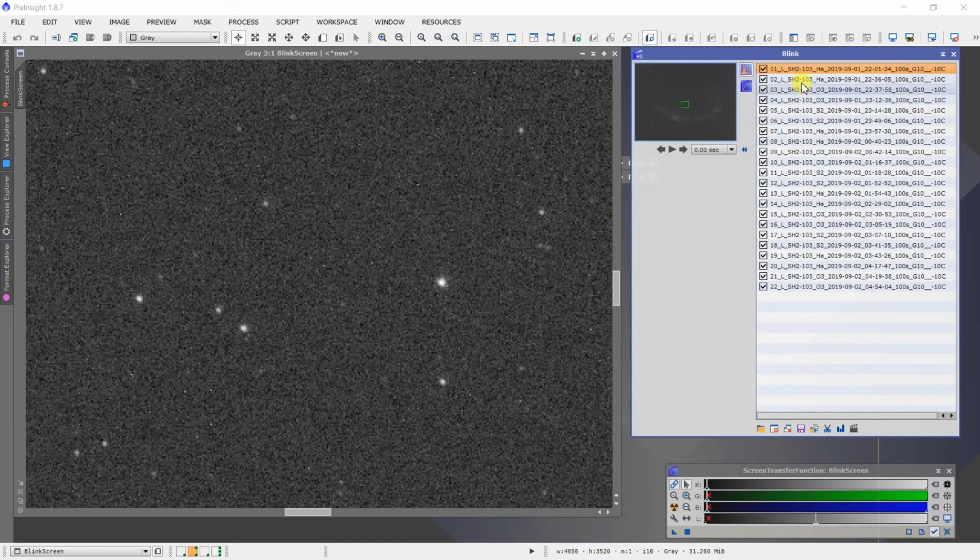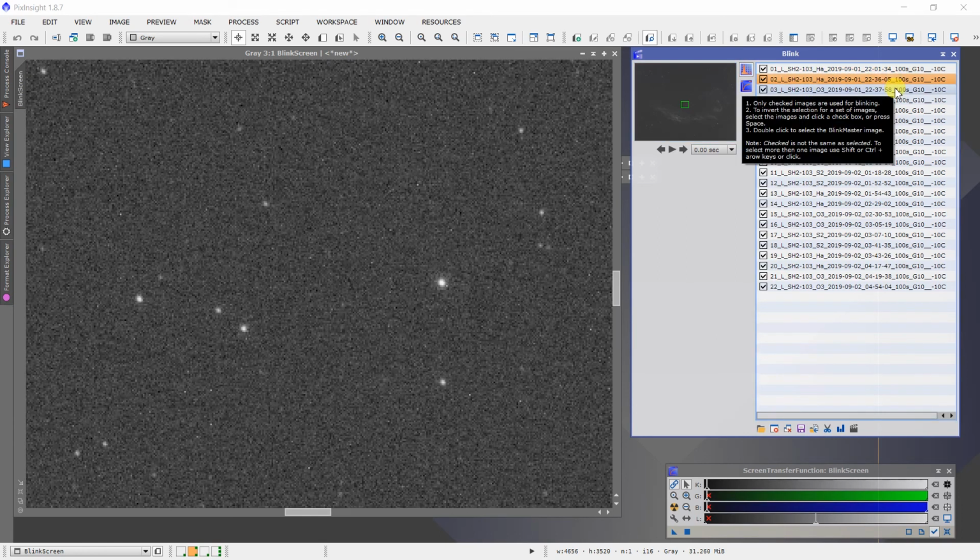Okay, now here's a series of images I took during the night when one of these cases where the oxygen filter came out of focus. These are all of the images, but the first image of a given filter, then the last image I took with that filter, then you switch to a new filter, in the case of the oxygen, first image, last image, first image of sulfur, last image of sulfur. And the way I've been imaging, I've been doing a series of images with HA, oxygen, sulfur, and then repeat HA, oxygen, sulfur, repeat HA, oxygen, so that I'm getting the image of the target over a consistent